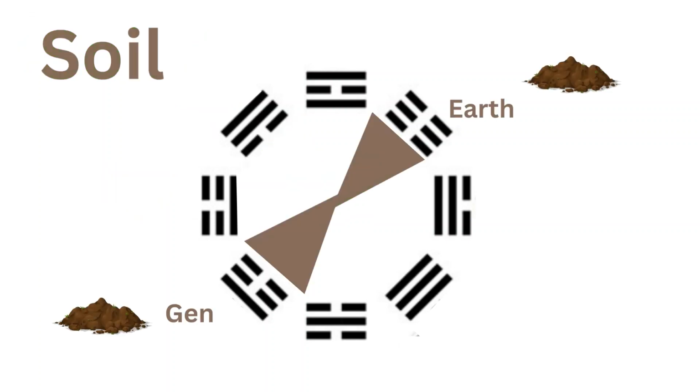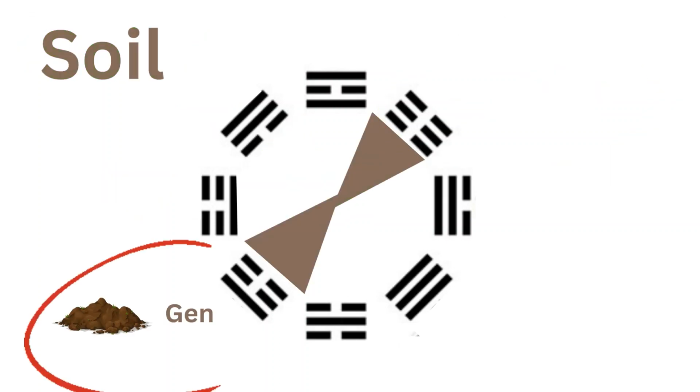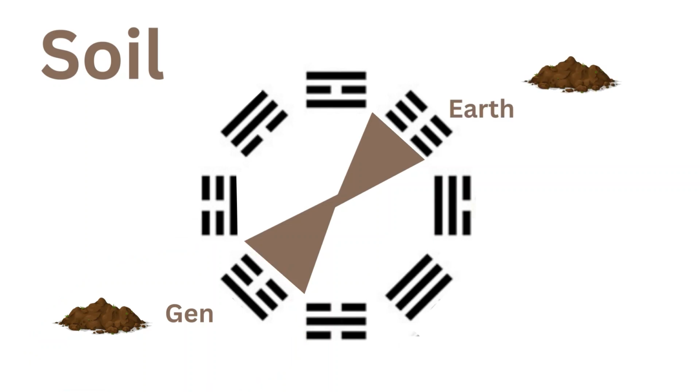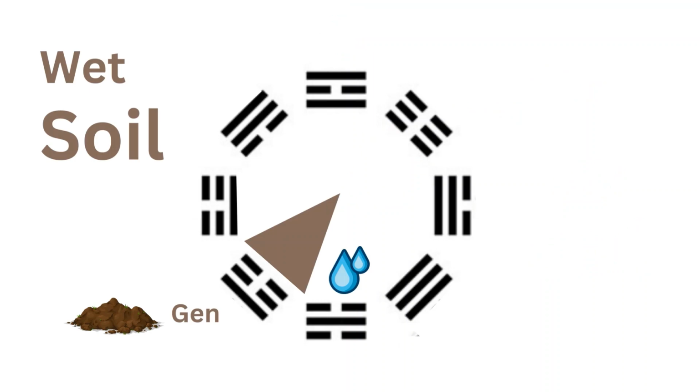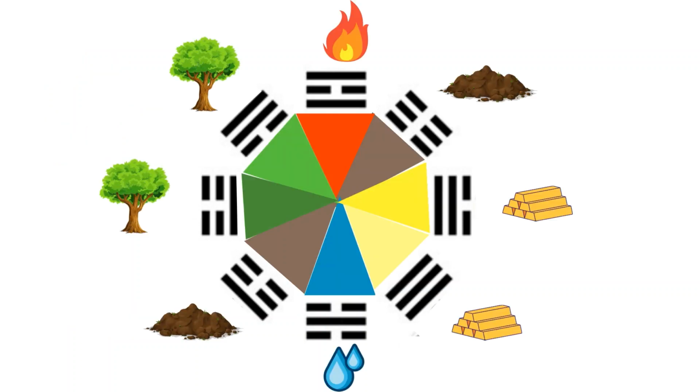As we all learned, Earth represents lands, and Gen represents mountains. They are all created by the soil. Thus, Earth and Gen attribute to soil elements. According to the Book of Change, Earth is dry soil because it is next to the element of fire, which burns and dehydrates the soil. Gen is wet soil because it is next to water, which moisturizes the soil and makes it wet. When the 5 elements are associated with the post-natal 8 trigrams in the Book of Change, it gives each trigram